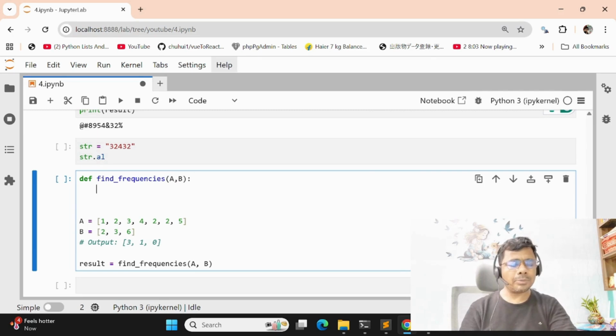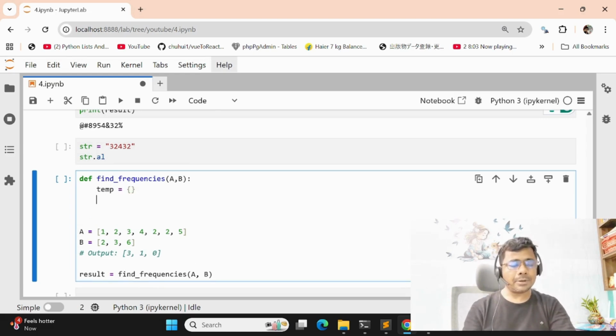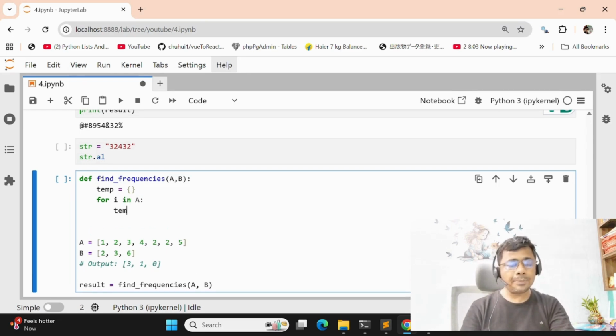Then try to solve this program. First define one temp variable, temp is a blank dictionary. Then for i in A, temp of i equals temp dot get of i comma 0, plus 1.